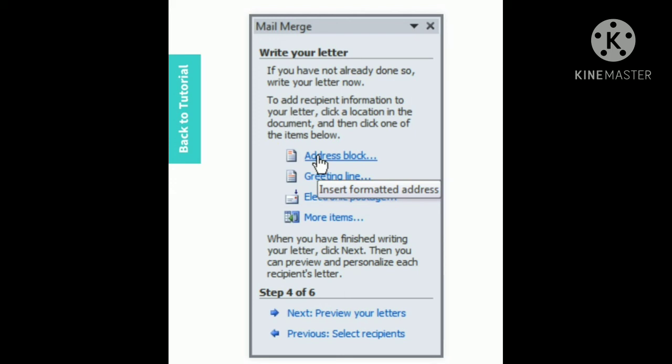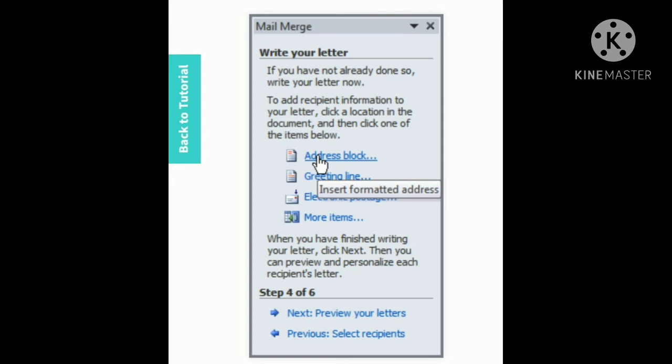If you are using mail merge with an existing letter, make sure the file is open. To insert recipient data, first place the insertion point in the document where you want the information to appear.